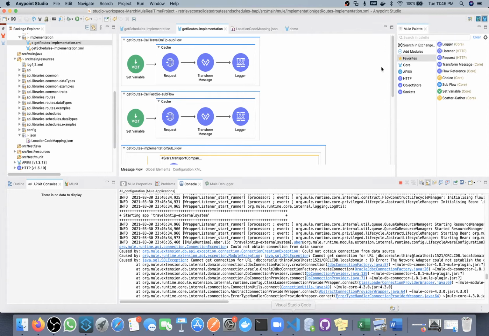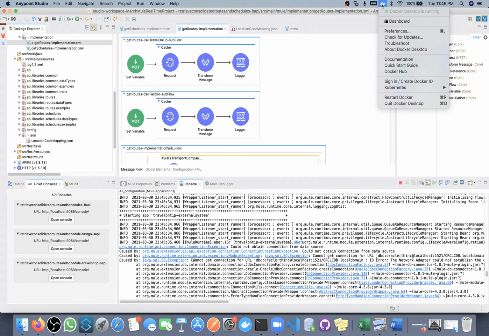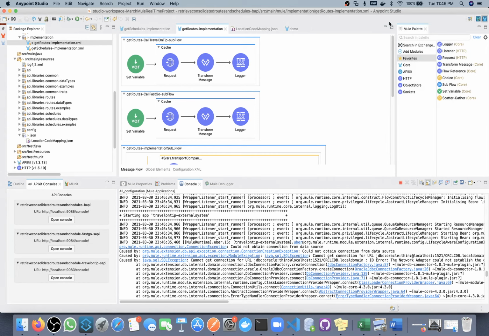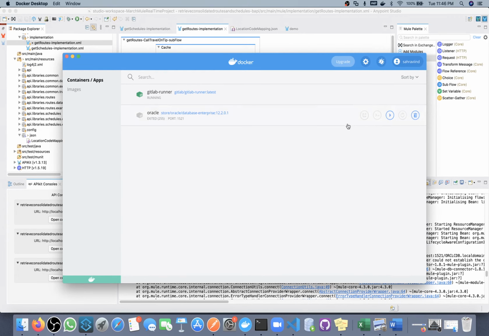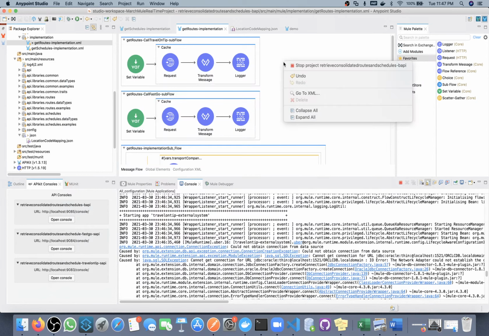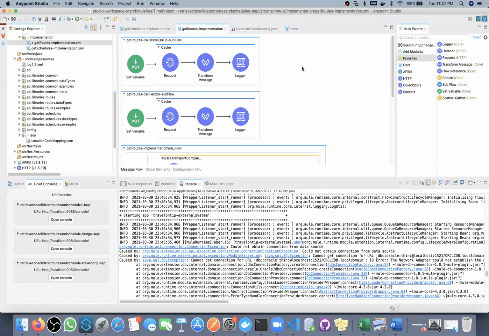Okay, our database server is down. It will take a few seconds, one minute minimum. So meanwhile I am stopping this application.